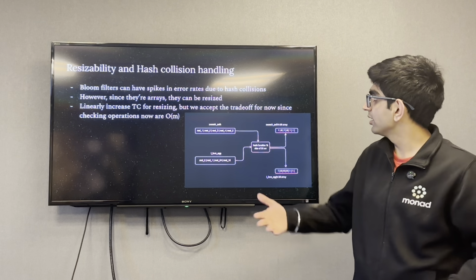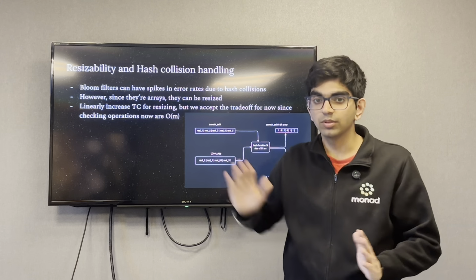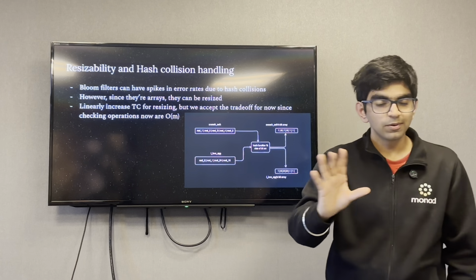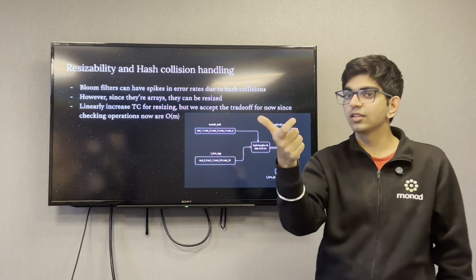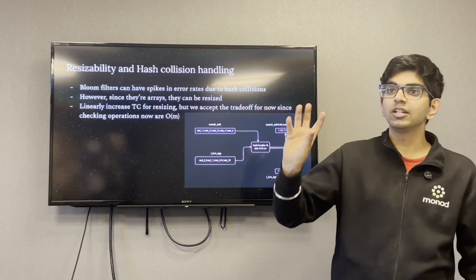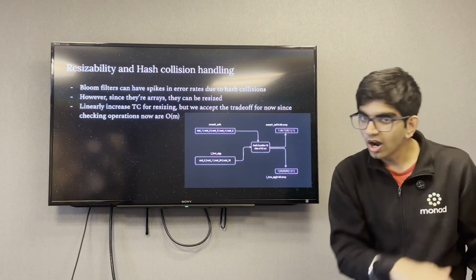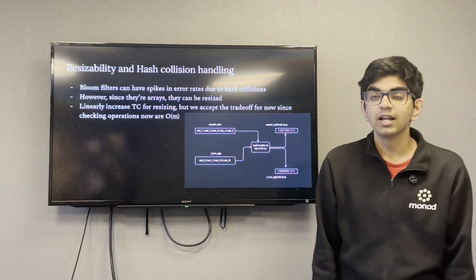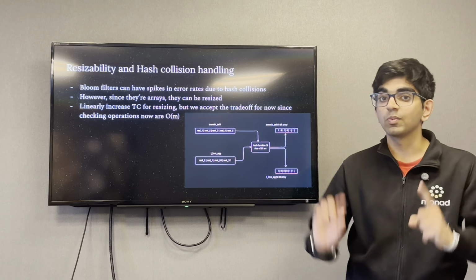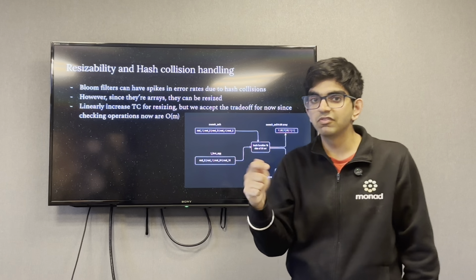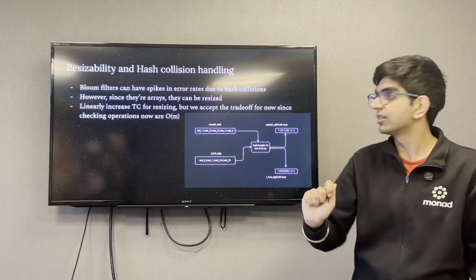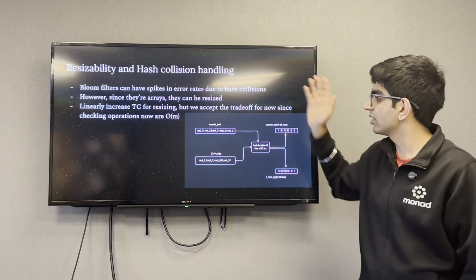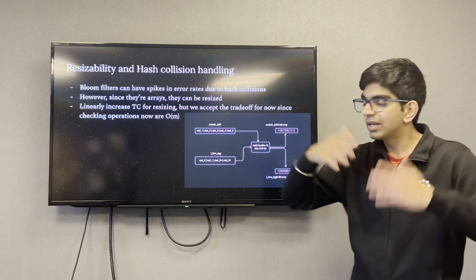And to avoid that, you can actually resize the Bloom filter to a slightly larger size. Now, if you think about it, if I'm resizing the Bloom filter, I would actually need to again start over this process of zeros and ones, and that's a trade-off we again choose to make, right? However, that is one of the approaches where you actually resize the Bloom filter itself to reduce error rates. And again, as we talked about here, we linearly increase time complexity for resizing, but we accept the trade-off now,